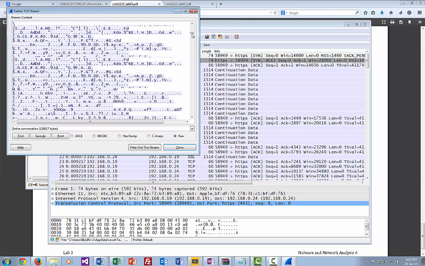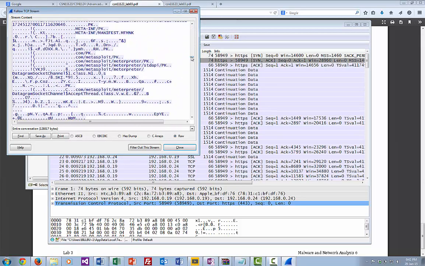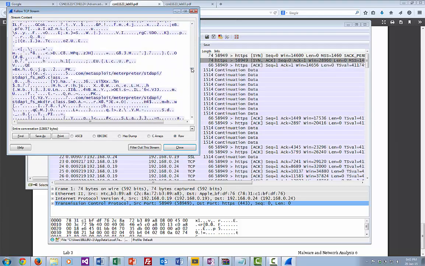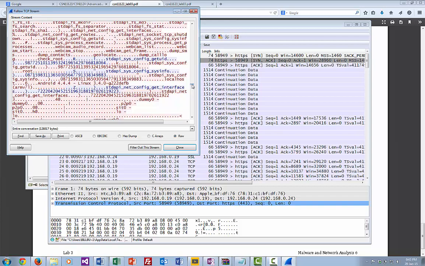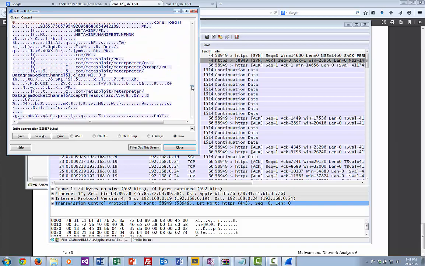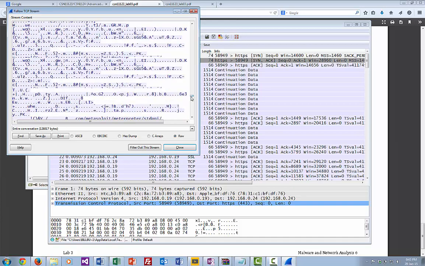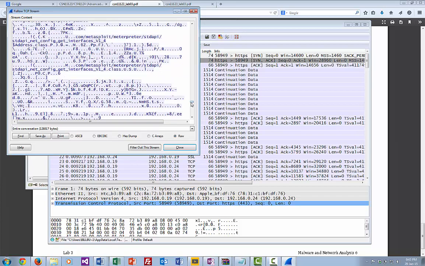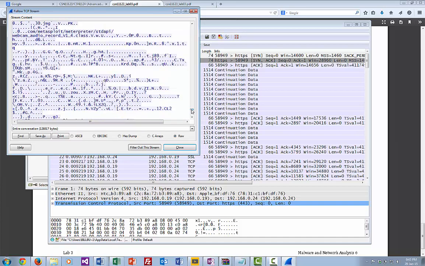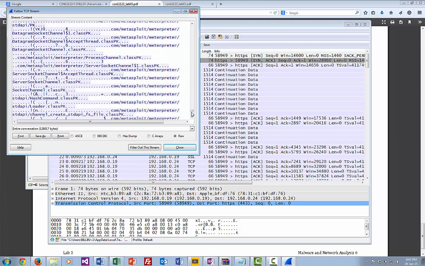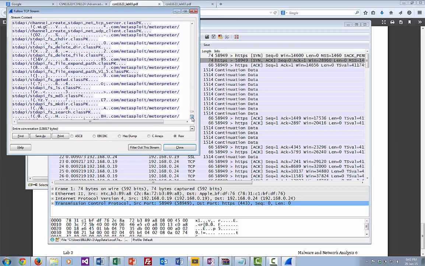So this is loading onto it. Eventually we'll see some commands coming through from the attacking machine. You can see here's the